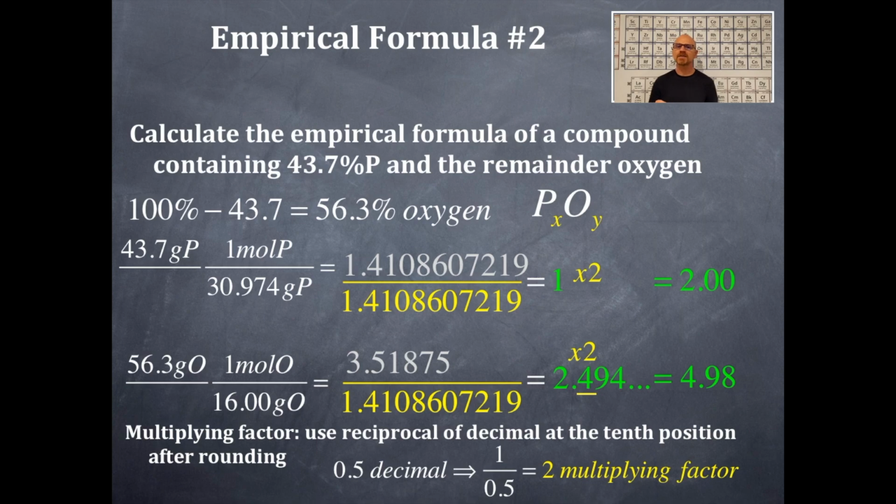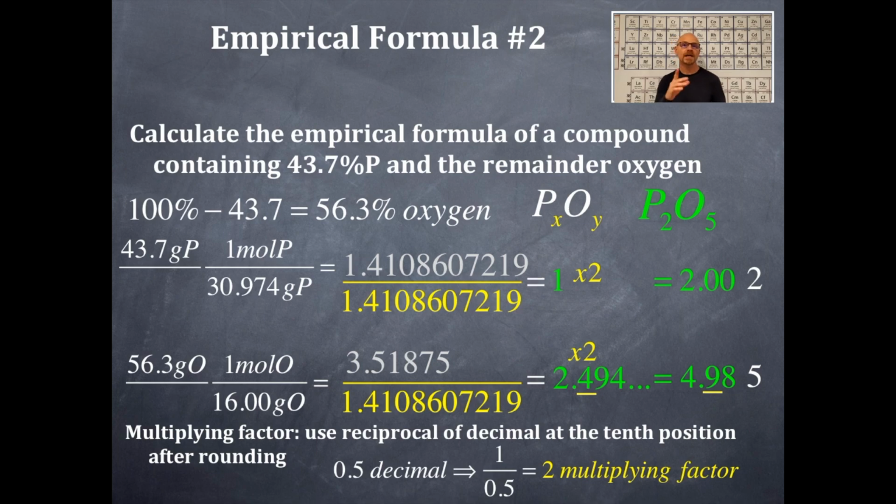Now here you should see that in the 10th position at the 4.98 with the oxygen, that's either a 1, a 0, or a 9. In this case, it's a 9. So I'm going to add 1 to the preceding digit. That 4.98 is going to become a 5. That's why I'm looking at just the 10th position. I don't care about that 8. Okay? So then I get these following numbers. So how many phosphorus do I have? 2. So I substitute and replace that X with a 2. How many oxygens do I have? 5. So I substitute and replace that Y with a 5, and I get